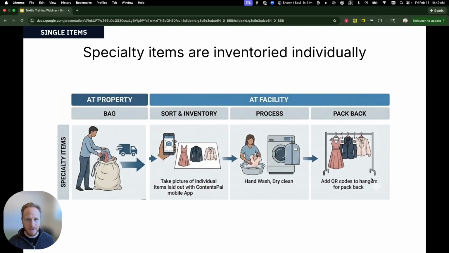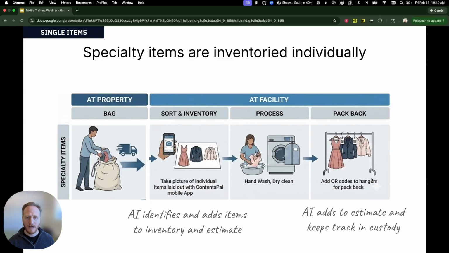So we've already covered how you inventory the wash, dry, fold in bulk. For the specialty items, you typically want to take pictures of the items individually. Then you process those items either with hand wash, dry cleaning, whatever the process is most appropriate. And then at the time of pack back, you will add those QR codes so you can keep track of